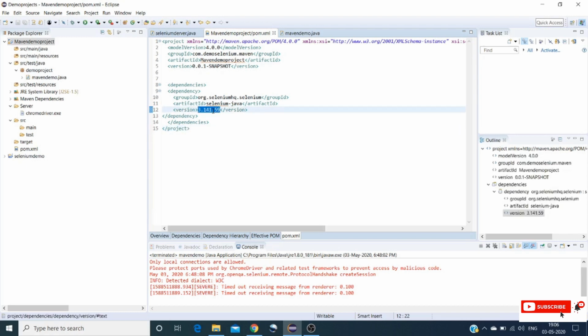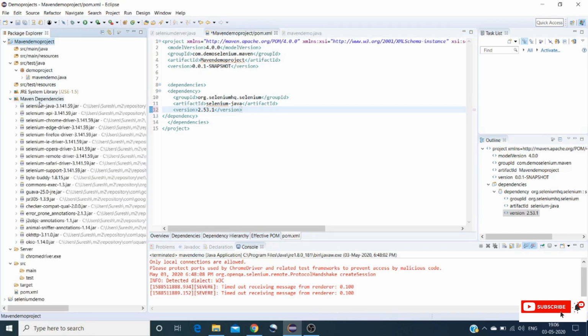I can go to an older version of Selenium standalone server. Let me type the older version. I'm giving the older version name. Once I save this pom.xml, it will download the version which we mentioned here. Let me open this Maven dependencies. Here I have Selenium Java 3.141.59.